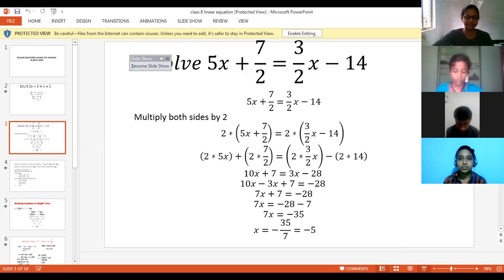For that, there is a question given for you, that is example 16: (6x plus 1)/3 plus 1 is equal to (x minus 1)/6. Is it a simpler form of equation? There is a fraction in both LHS and RHS, is it? So we have to convert this equation to a linear form. How will you convert this equation to a linear form? Just think.